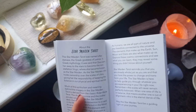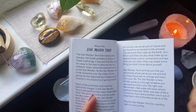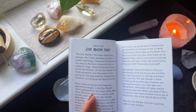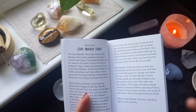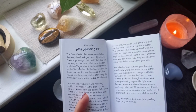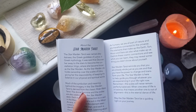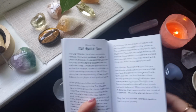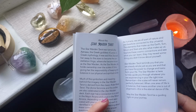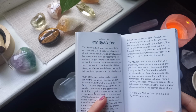I love the fact that the creator injected this kind of very balanced, very justice card energy in the deck, because I think that the deck will lend itself to some very pristine, clear, spiritually balanced readings. Much of the symbolism and meaning behind the imagery in the Star Maiden Tarot is derived from